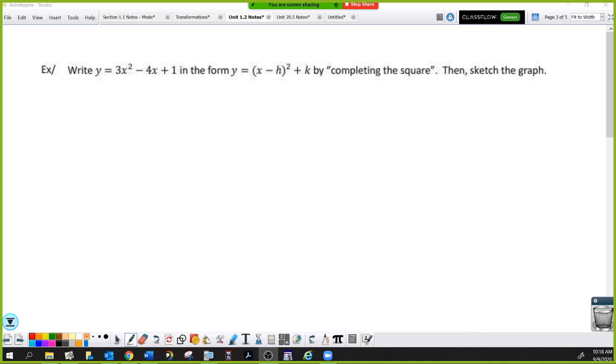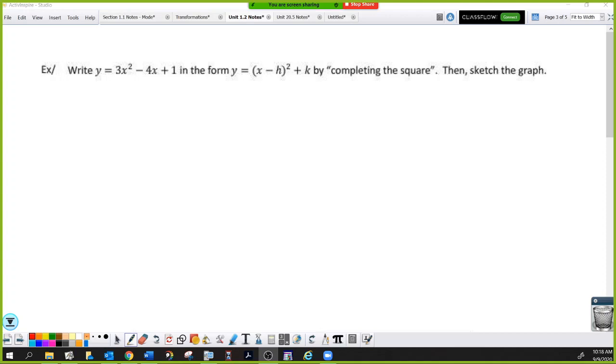So today we're going to conclude the 1.2 notes. This will be 1.2b. We left off with this example because completing the square for this question was not going to be pretty. Well, we're going to do it because we've been told to. So let's go ahead and complete the square and get it into vertex form, and then we will sketch the